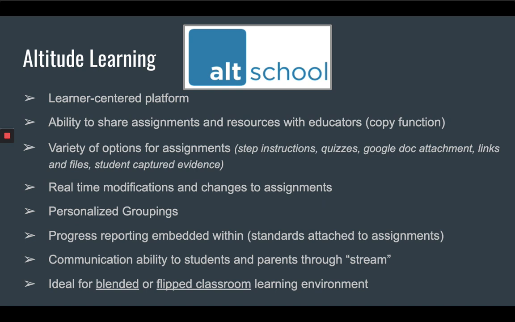The second LMS is Altitude Learning. Altitude Learning is a newer learning management system that promotes the shift in education and becoming more learner-centered. Within this platform, students have more ownership in managing their own learning and making personalized choices. For instructors, this management system allows for easy collaboration among other educators by being able to share assignments and resources created within the platform. Fellow colleagues are able to copy a prior assignment created by another instructor and use it